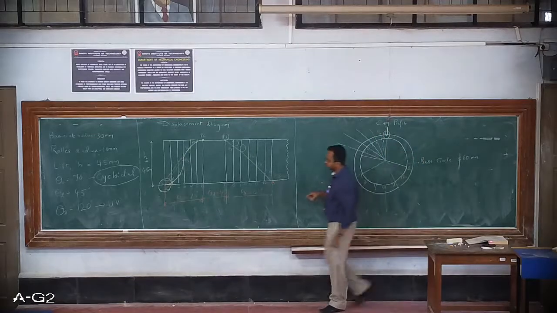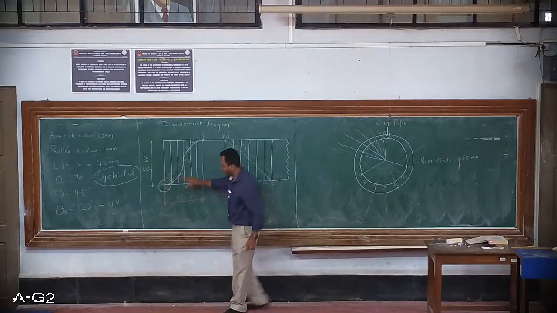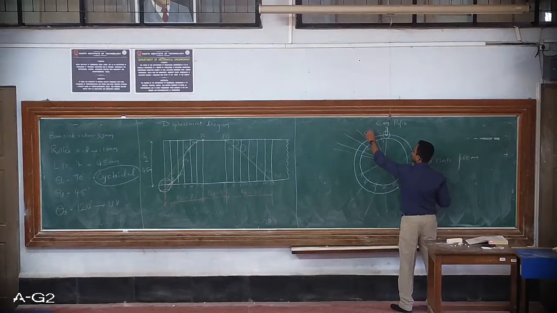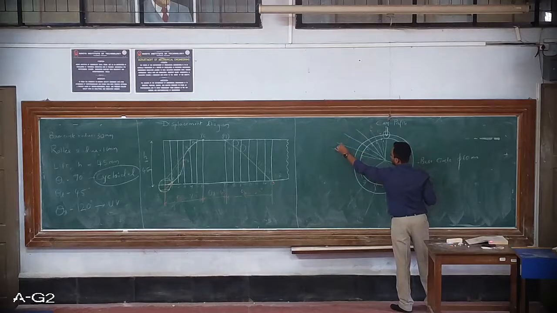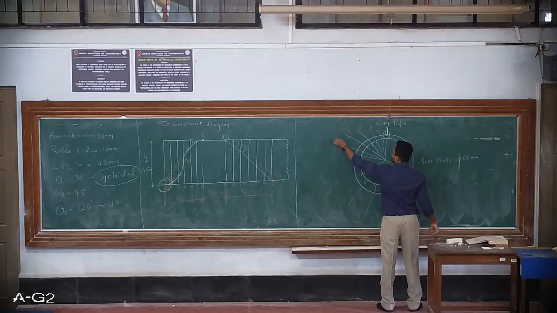Similarly, to get P2, I'll measure it from point 2 to P2, set the compass and cut the arc starting from the new circle to get T2. Similarly, for 3 I'll cut the arc, for 4 also I'll cut the arc, 5 and 6. So this becomes T3, T4, T5, T6.